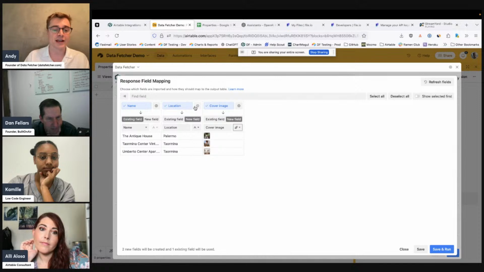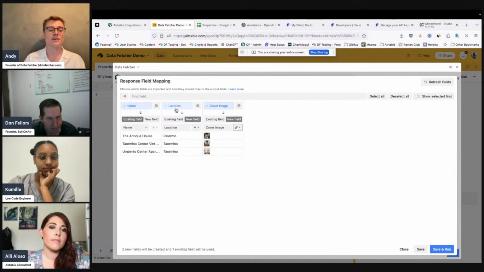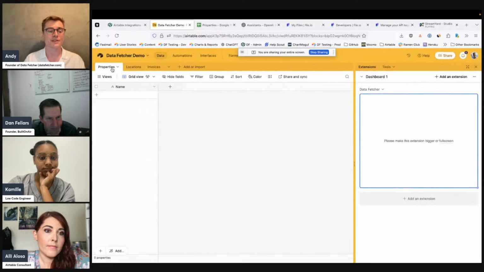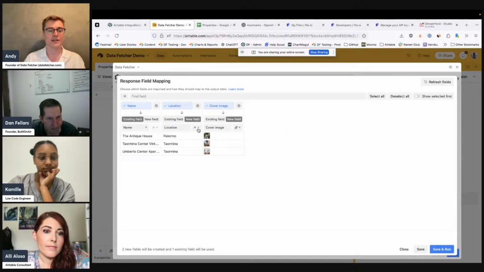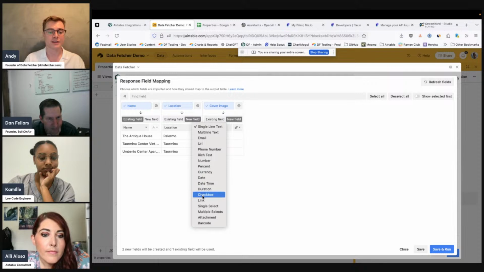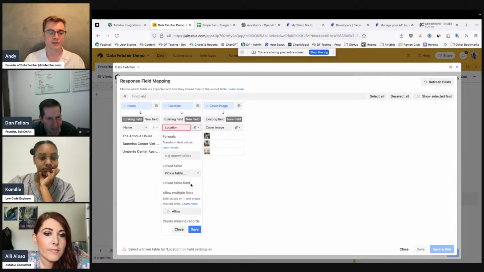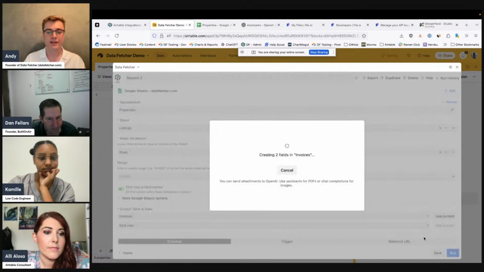But what I want to show you is how we can import those locations into a different table. As well as the properties table, we've got a locations table. So what we can do is change that field type here to link, and then select the table that we want and click save. And now when we save and run this,